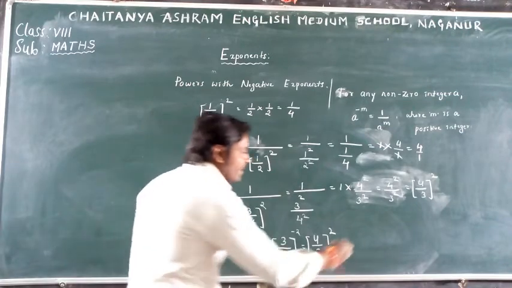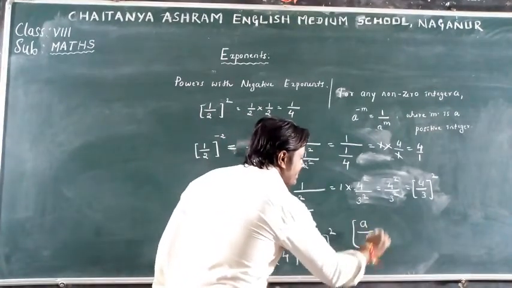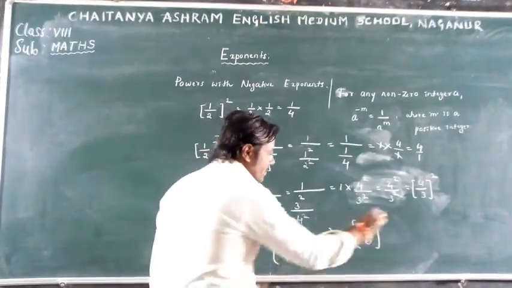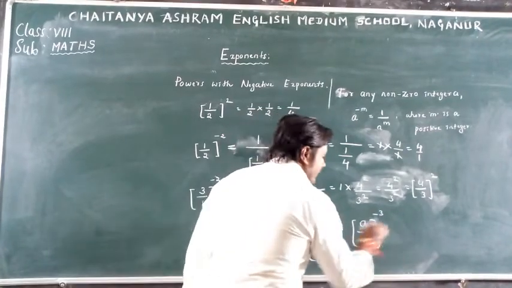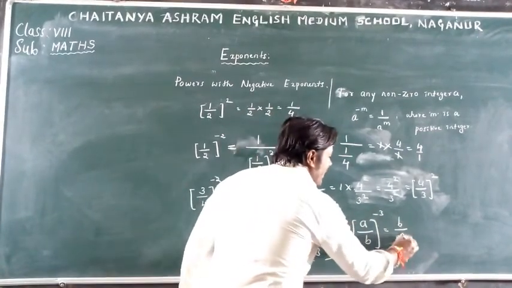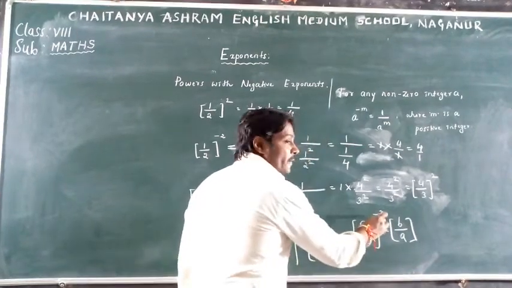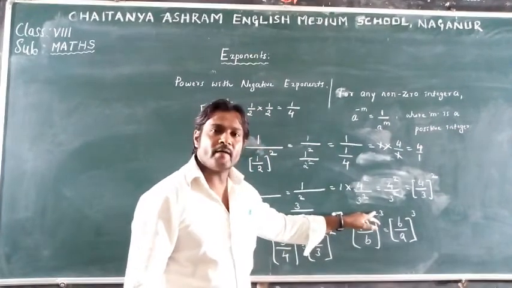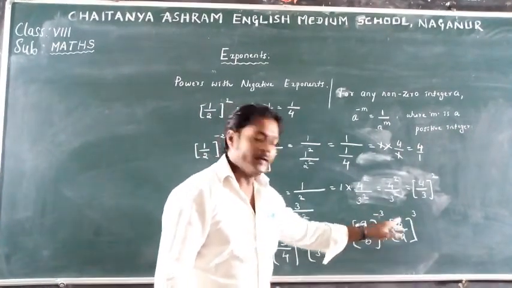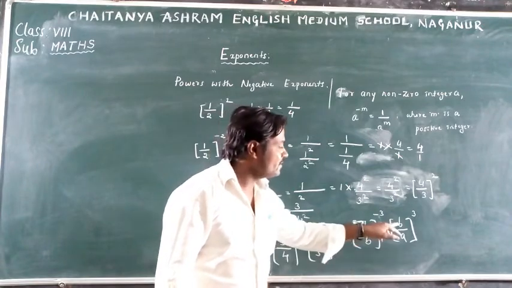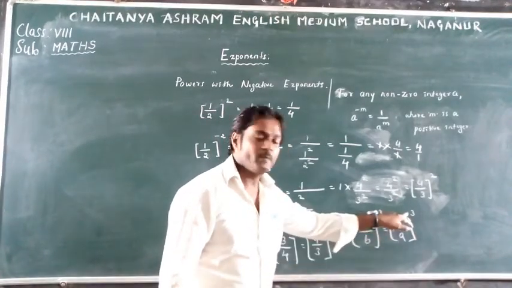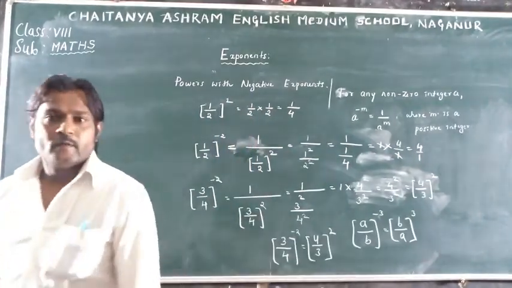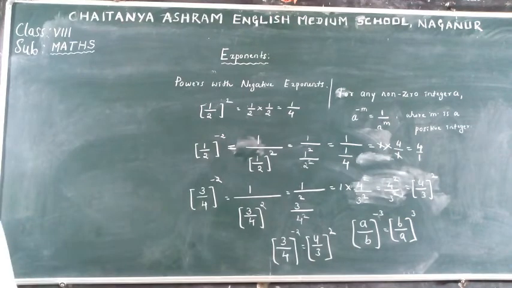We conclude that if it is a by b raised to the power minus 3, what is its positive exponent? In this way, if we simplify, we obtain interchange numerator and denominator, that is b by a, right? Minus 3 to plus 3. Fraction with negative exponent, its positive exponent is interchange the numerator and denominator. A by b is b by a, minus 3 becomes plus 3. Negative exponent, positive exponent. Okay? So now we'll clear again.